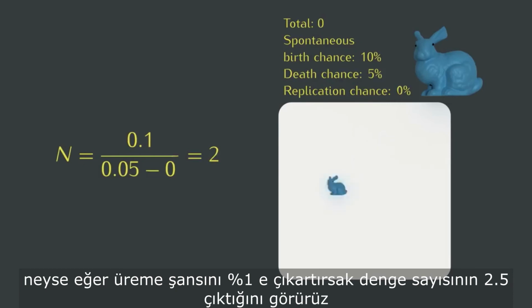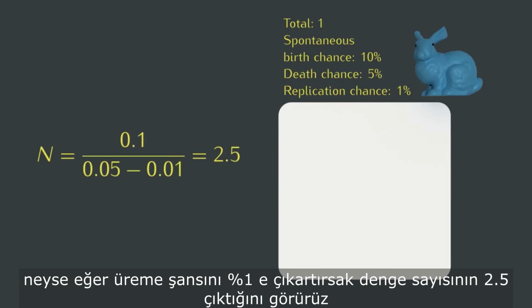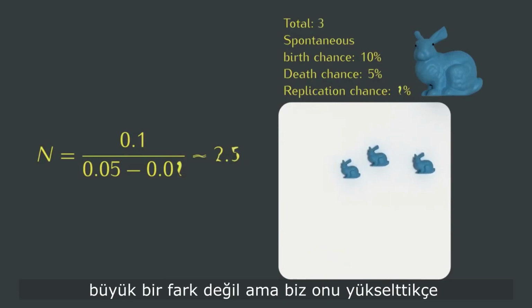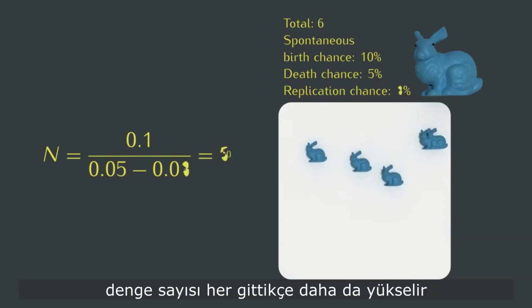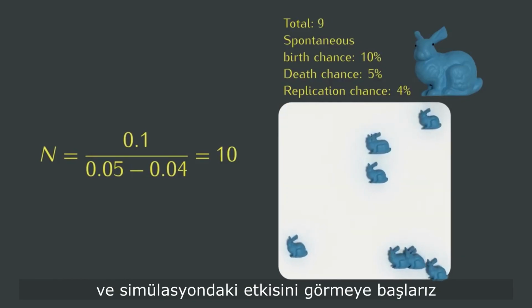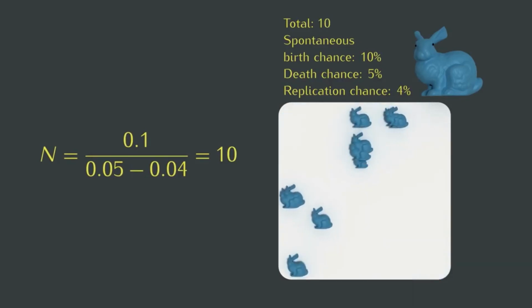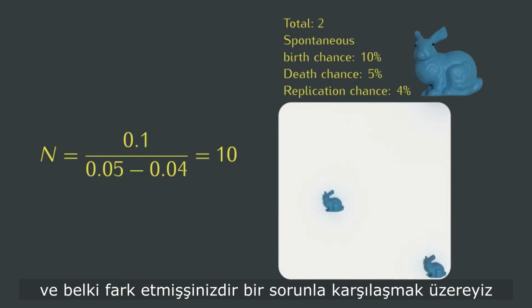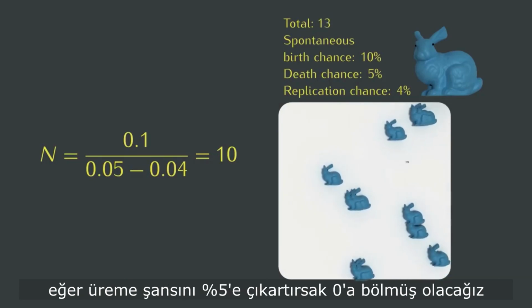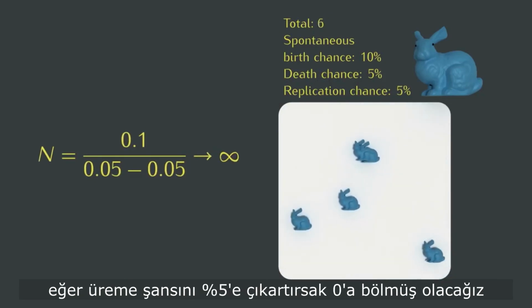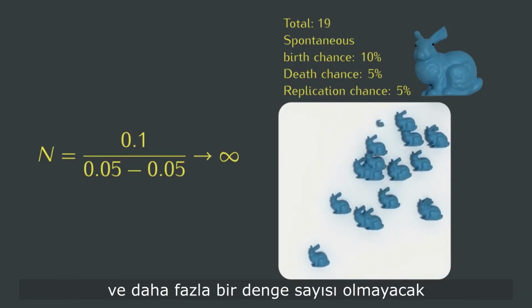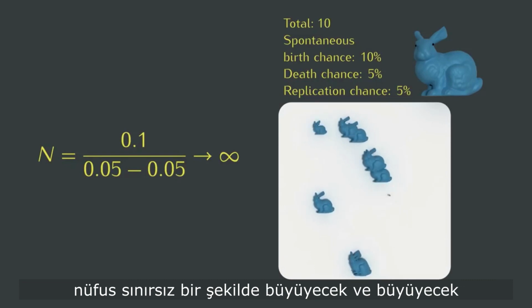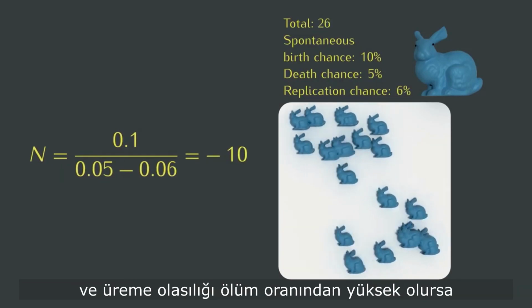Anyway, if we bump the replication chance up to 1%, we see the equilibrium number go up to 2.5. Not a huge difference, but as we push it higher, the equilibrium number goes up by more and more each time, and we can start to see the effect in the simulation. And you might notice that we're about to run into an issue. If we raise the replication chance to 5%, we'll be dividing by 0, and there won't be an equilibrium at all anymore. The population will get bigger and bigger without limit,